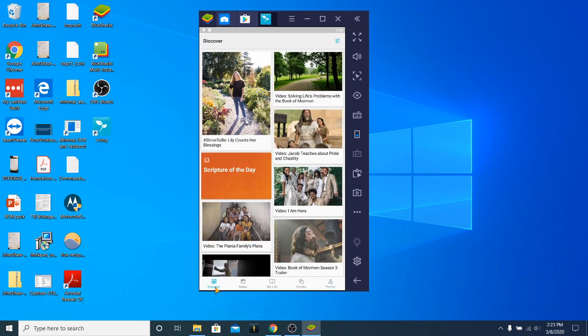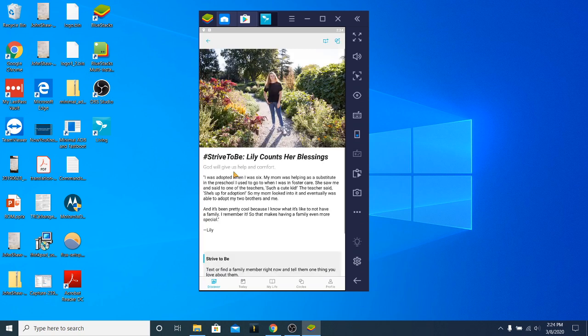This is the main page. This is where all the church content is. So a couple of things that are really interesting. Well, I mean, Mormon messages are going to be in here. These little strive to be. They've got interesting, just little